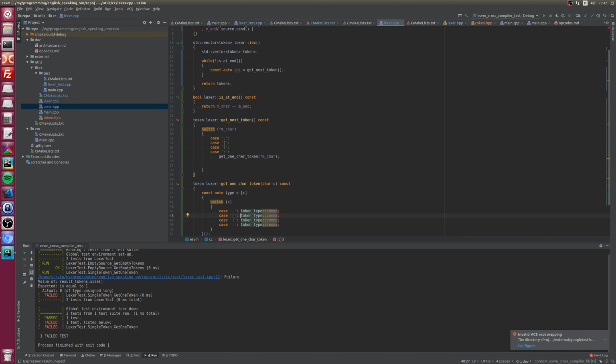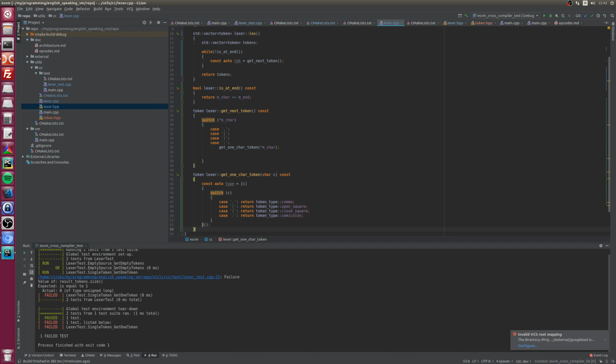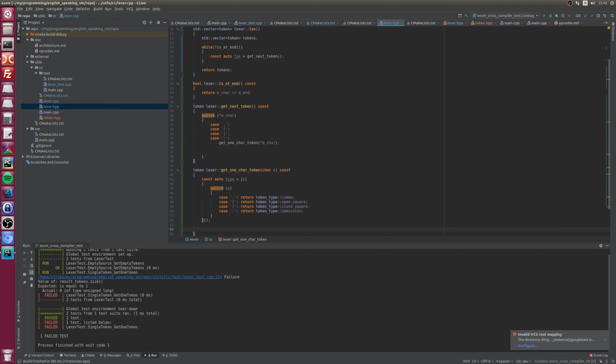Okay, return. Not comma, open square, close square, semicolon. Cool. Default, let's not bother about default, so we can have a type.